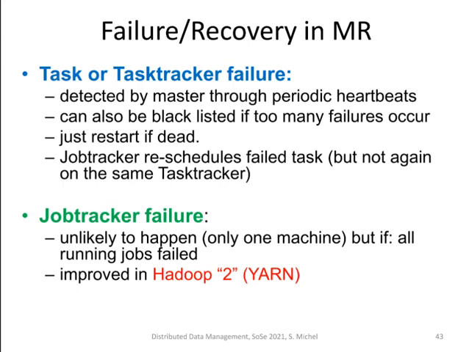And also in the setup that we have seen earlier with this single job tracker, this is of course not the best setup, because if this one is failing, all the jobs will be cancelled. This has been improved later on, for instance in Hadoop 2, using the Yarn resource manager. But we will not go into detail because this always depends on the application, on the individual implementation. We are mainly concerned with understanding how MapReduce works, coming up with these functions, and also getting a first idea how these frameworks work for distributed big data processing.